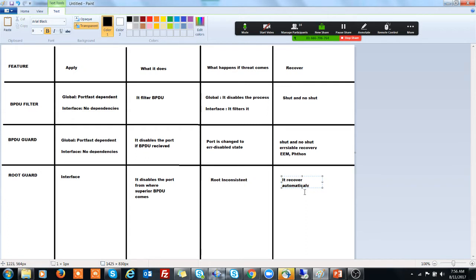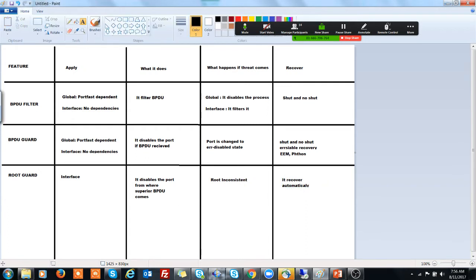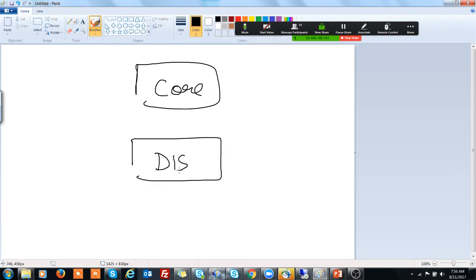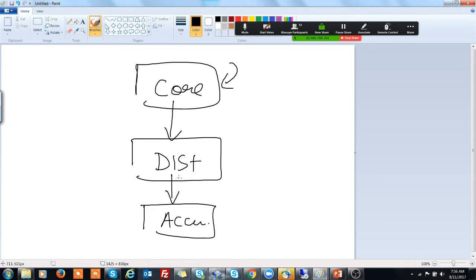So usually we know that we have a three-tier architecture where on the top we will be having the core layer switches. On the downside we'll be having distribution layer switches, and then further down the access layer switches. More often we see that the root will be configured on the core side, and obviously these core switches should send the BPDUs southwards. So obviously they should never ever receive BPDUs from the northwards.